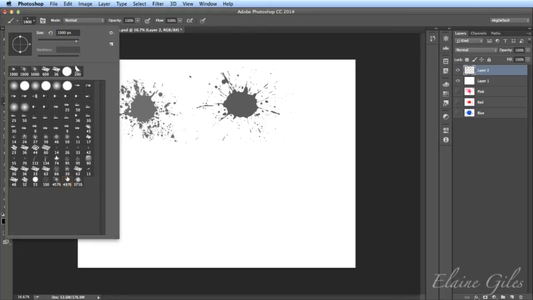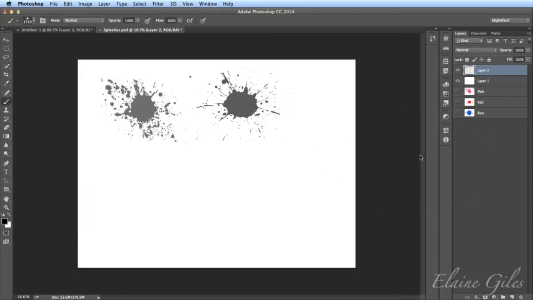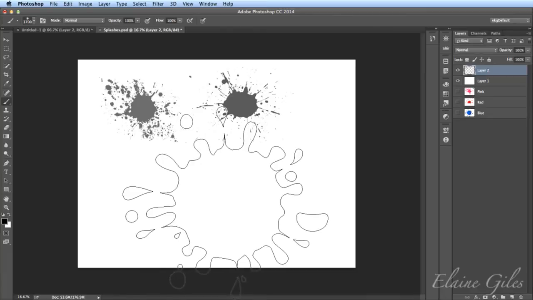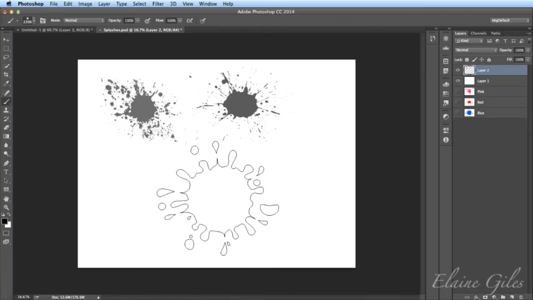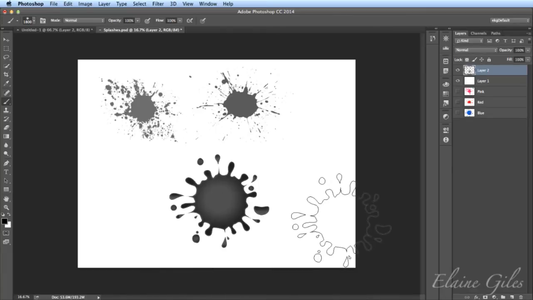But we said the third one was slightly different. So I'm going to go in and get that third brush and bring that across, make it a little bit smaller, and click on there. Now, it does have some kind of gradient with it when I do it in black. So how it's doing that is adding opacity. It's not actually changing the colour to make it grey. It's actually changing the opacity of certain areas.